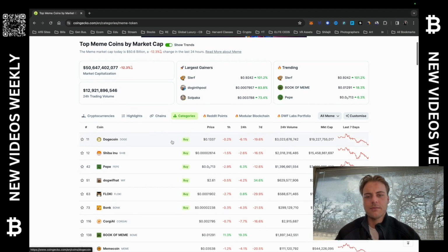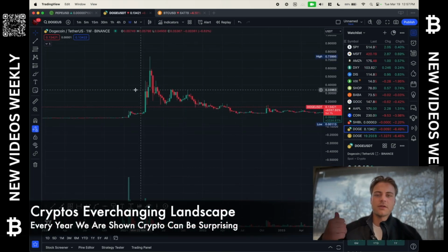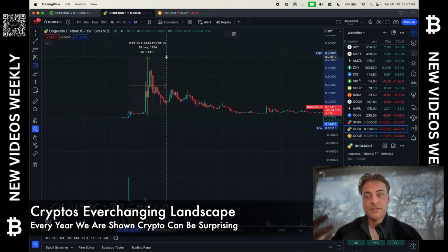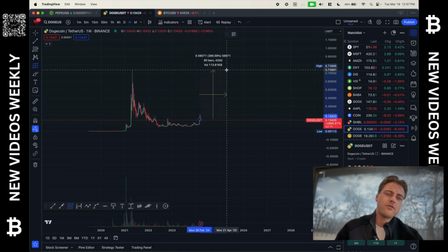Dogecoin, goddamn, that thing got high. It was like 80 cents, a high of 74 cents. Dogecoin showed us in the last bull run that anything can happen. This is like GameStop stuff. This is 1600%. And to be honest, Dogecoin is probably going to do it again this run. And if you get in right now, you're still looking at like a 4x from where we're at,